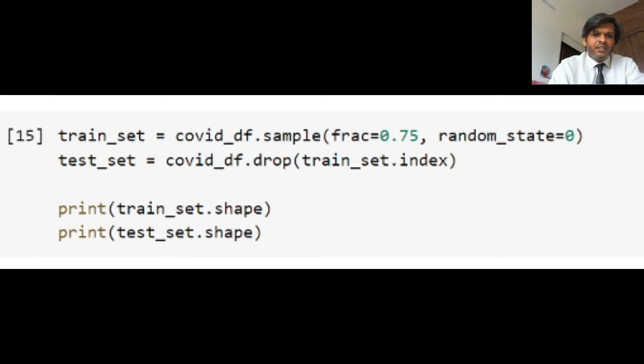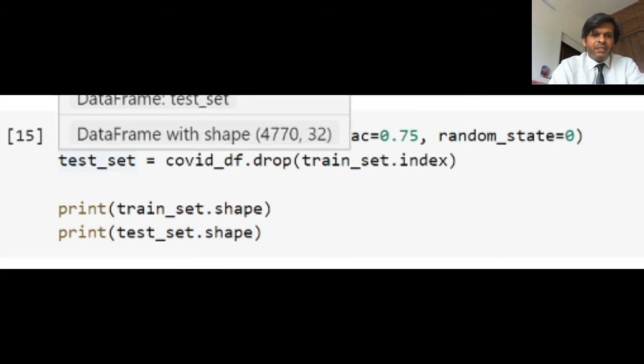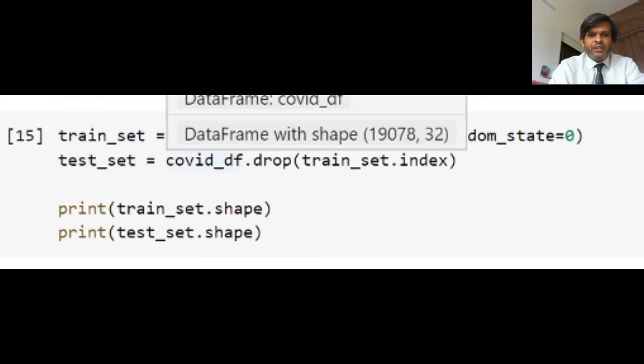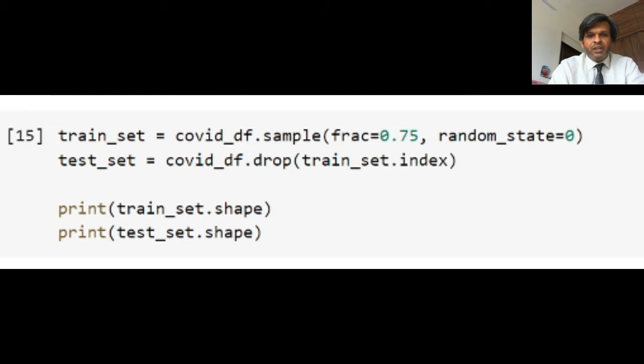And this is my training set. Now what is my test set? I just say covid_df.drop, so whatever I picked up as training, I drop that, and that becomes my test set. So this is another way of doing it, just using pandas.